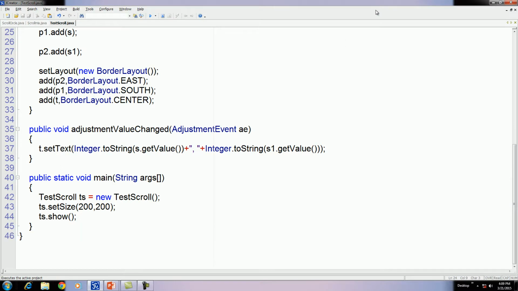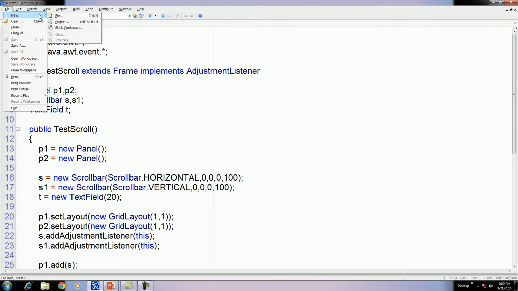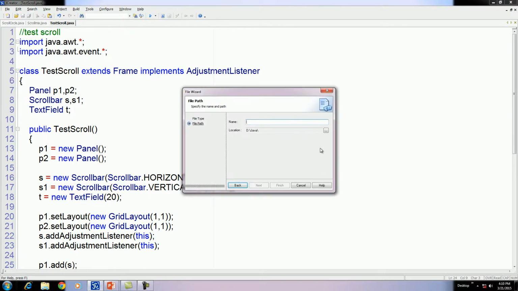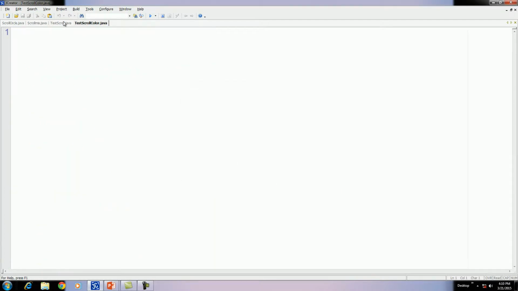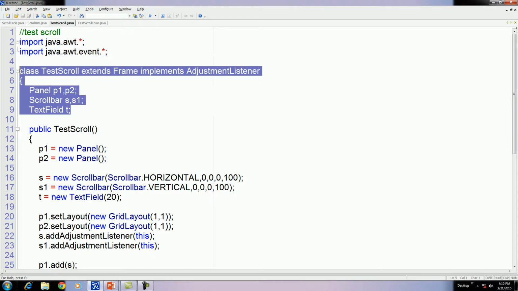Okay, let us see one more example. Test scroll color. Again here we want, suppose here I copy all this.